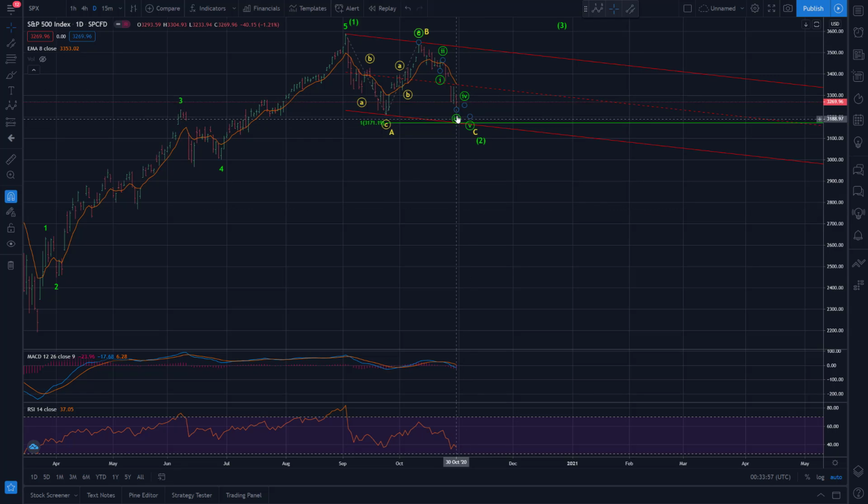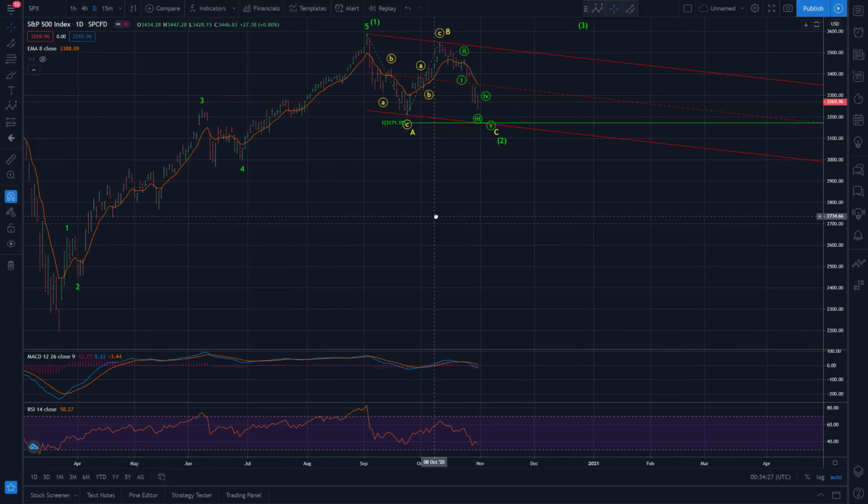Now, we could have a low in place here. You don't necessarily get these perfect subdivisions, especially if you look at the futures. You can kind of get 5 down out of that, although it's not pretty. But the main point is here we're looking for a low, and then obviously a big reversal and a new trending move up to significantly higher highs. And right here I just have the AC equality relationship, and that would come in at 3171.19. It would also be right near the bottom of this corrective channel that I've drawn here.